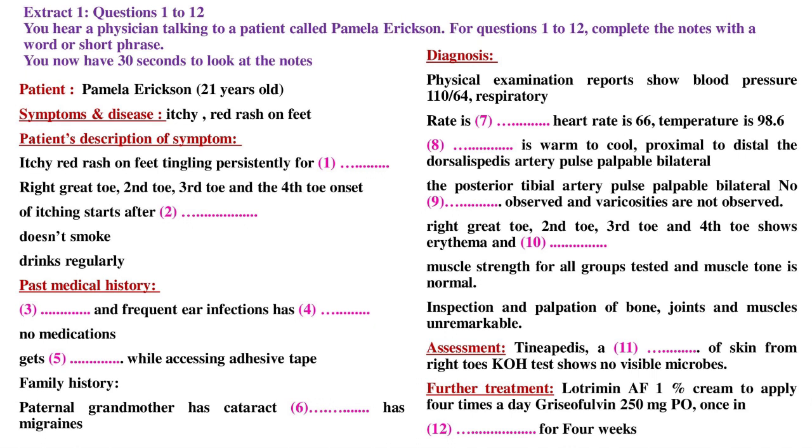Do you take any medications? No, doctor. Are you allergic to any medicine or substances? Well, I get a severe rash when I access adhesive tape. Any of your family members have any history of illness? My paternal grandmother is having cataracts, and my maternal aunt has migraines. Well, your physical examination reports show blood pressure 110/64, respiratory rate is 18, heart rate is 66, and temperature is